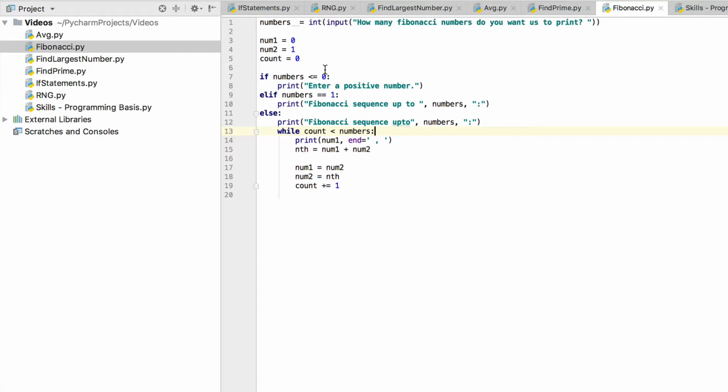So if numbers is less than or equal to 0, it's going to tell them to enter a positive number. If numbers is equal to 1, it's just going to print out what the person inputted because it's just going to be 1 anyway. And then else is going to print the Fibonacci sequence up to, and then it's going to print out numbers, and then it's going to say while count is less